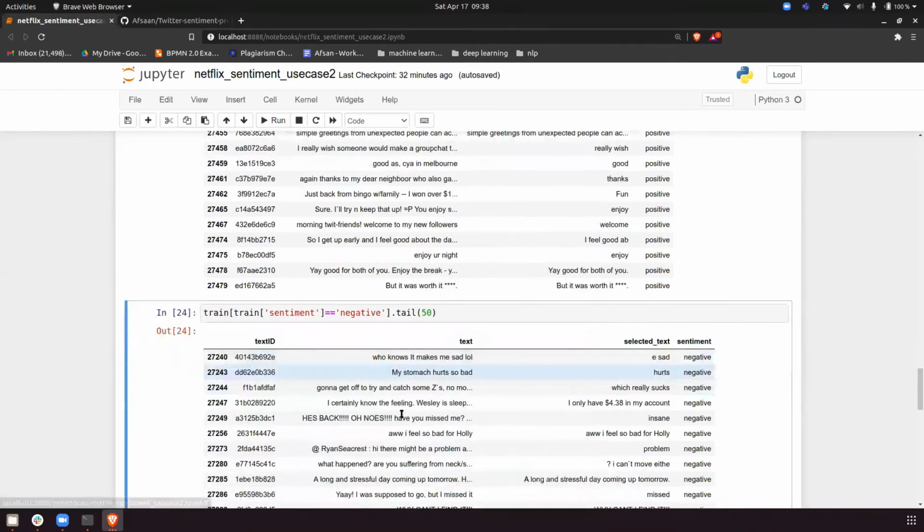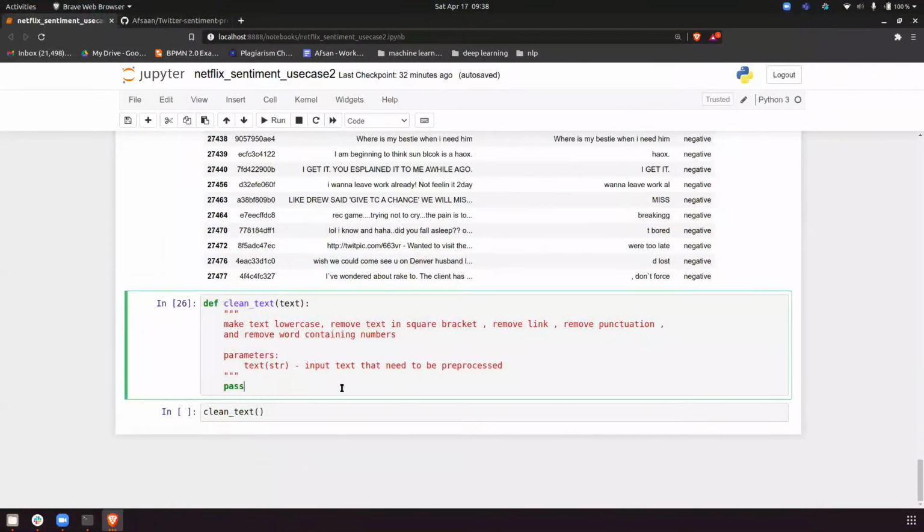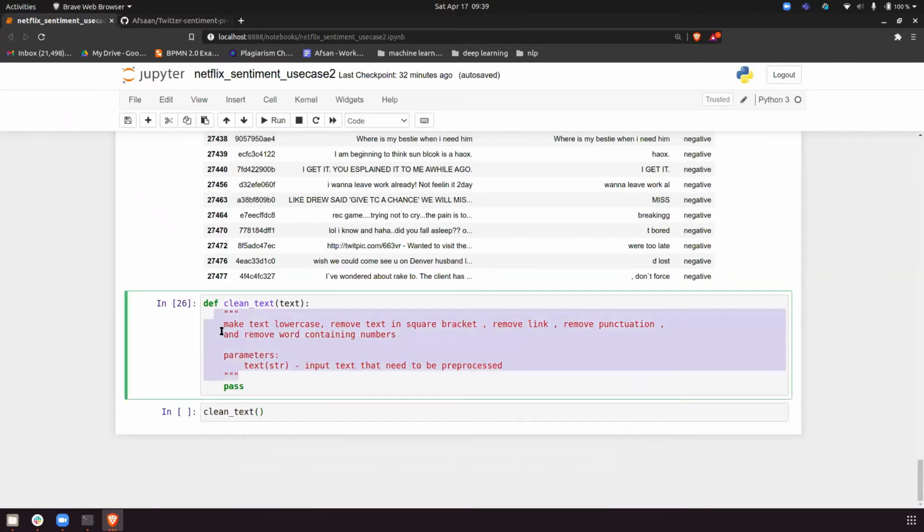Whenever you are coding in production, you have to code in this way only. Because in production we will not have only one file. In production we have 20-30 files that we have to combine with each other. Every time I will not go to the function and see what it does. So we have to write a doc string, and we can just press shift tab and see that this function takes this text and I have to pass the text. That's why this is called a doc string. So this is clear to everyone, what a doc string is and why it is useful.